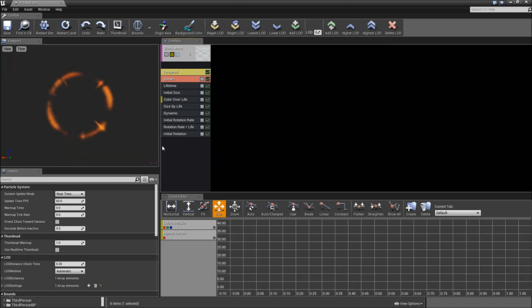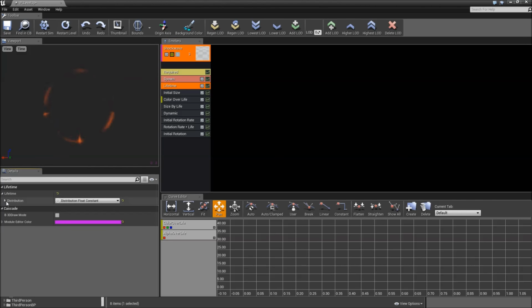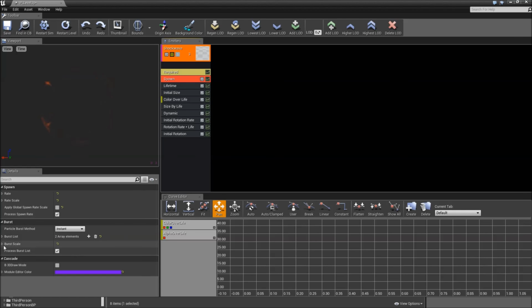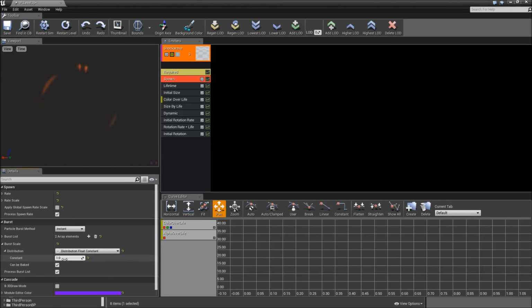And here we will make some changes. First off, let's go to the lifetime, expand the lifetime here, and currently it's set to 0.4. So the different particles will only live for 0.4 seconds. Let's increase that to 1. See that going much slower now. Also, you can go to the spawn here, and under burst you can see the burst scale. Let's expand that. Expand the distribution, and we have a constant of 1. If we want to see more particles, we can just increase that to 5 maybe, and that way our shockwave